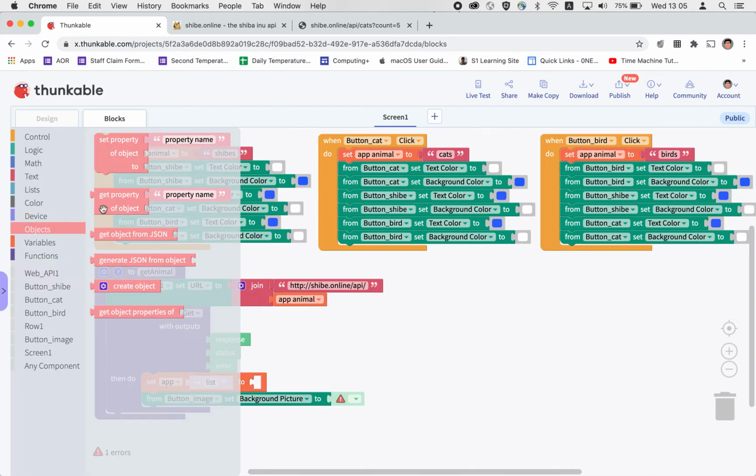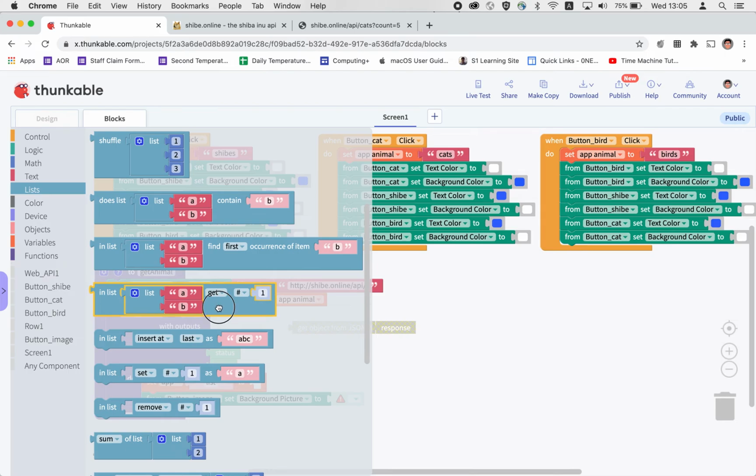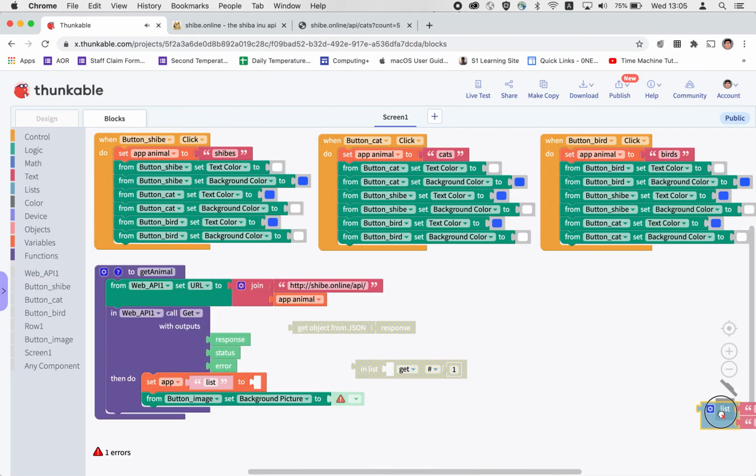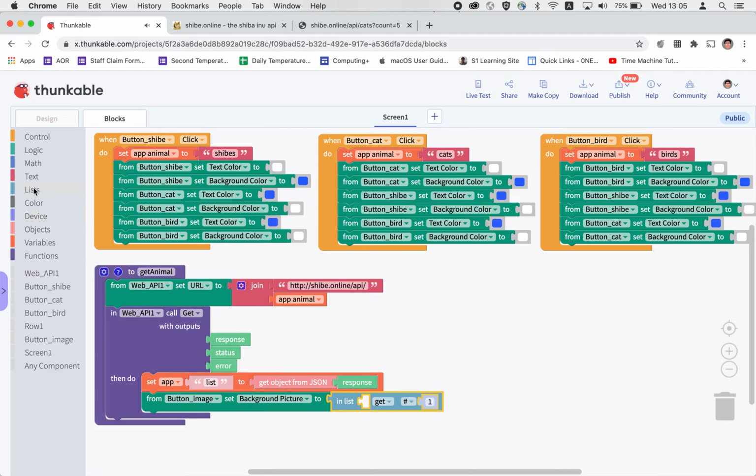And we will need to call it to get property, get object from JSON. Okay, get object from JSON. We will need to get the response, and we need to go to list, and we need to get this, throw away this one. So we are going to say that we will get the object from JSON and put it inside this list, and then what we need to do is that in list,